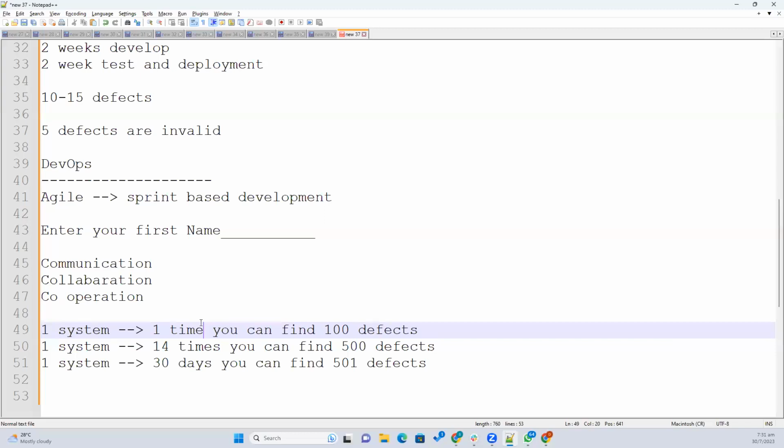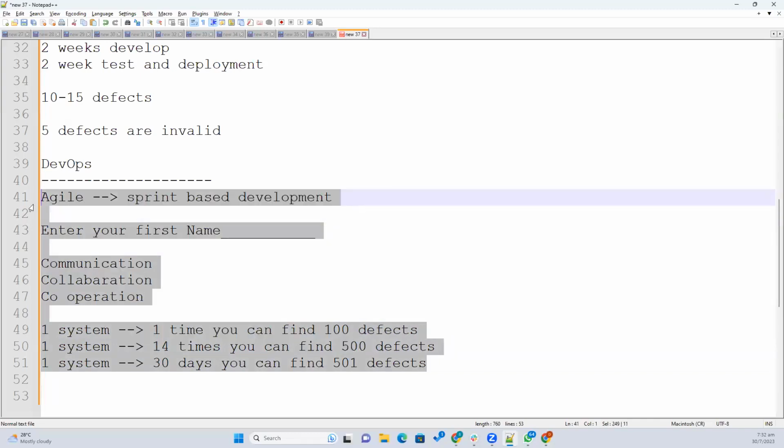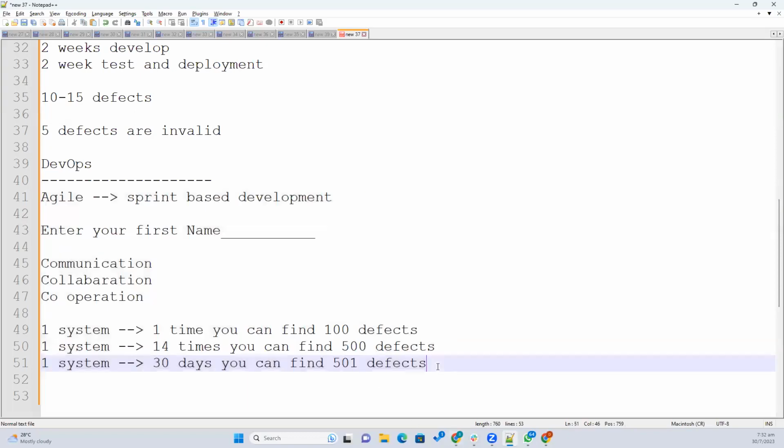So DevOps itself is continuous improvement. Today you are following this process, but DevOps by definition should accept improvements continuously. That is why DevOps is not a tool. DevOps is a process that will improve itself. DevOps has been very popular for the last 7-8 years, and it will stay popular for its lifetime because it is accepting changes and improvements. Okay, so that is about DevOps.